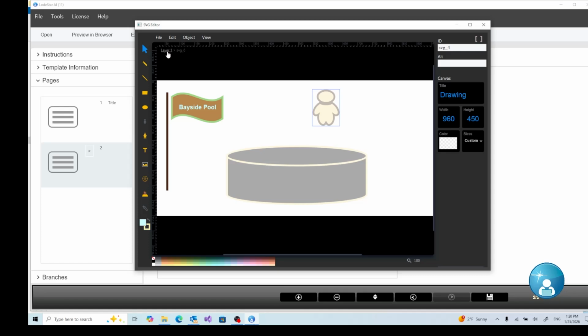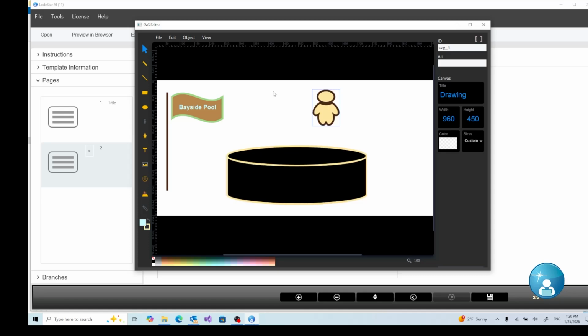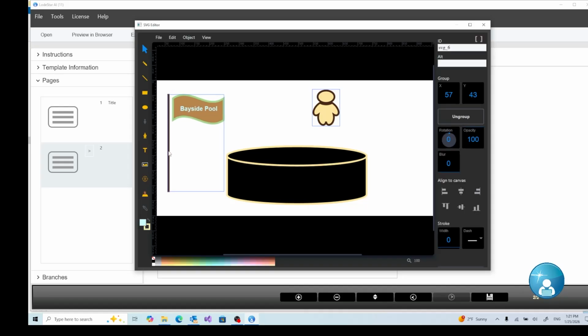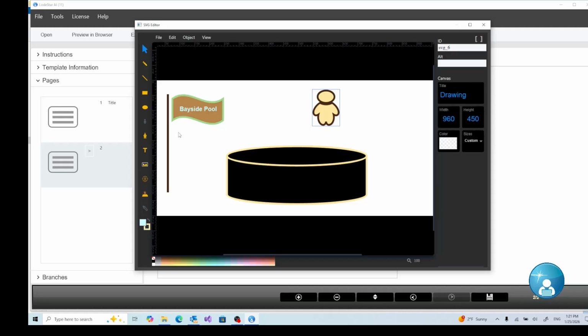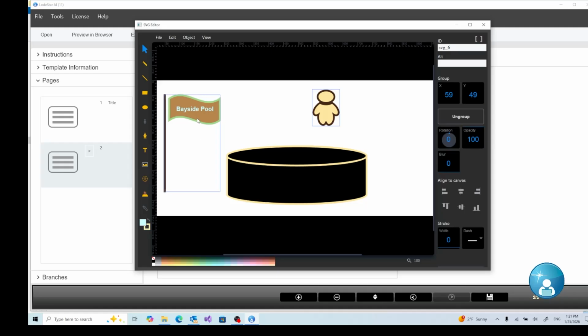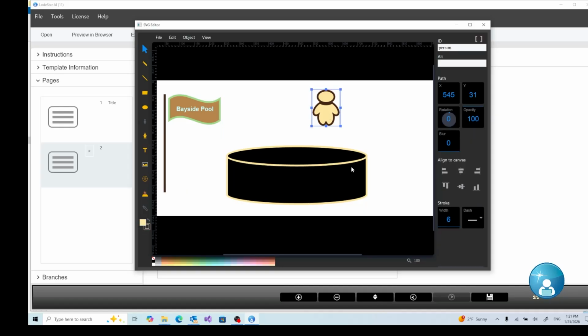Here's the breadcrumb. There we go. So we have the Bayside Pool. This is still, by the way, even though I edited the internal SVG element, it's still being treated as a group. Okay, so we have our flag, we have our person that represents the popularity of the pool, and we